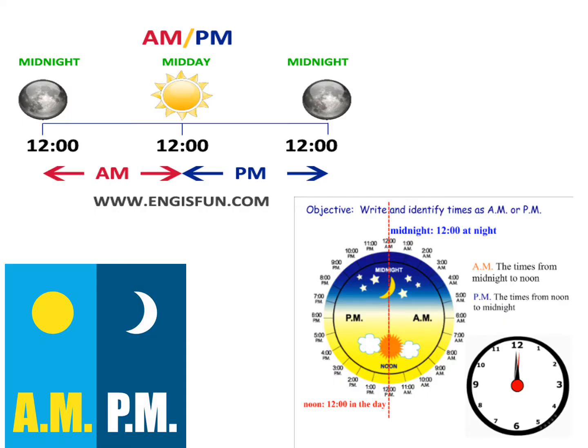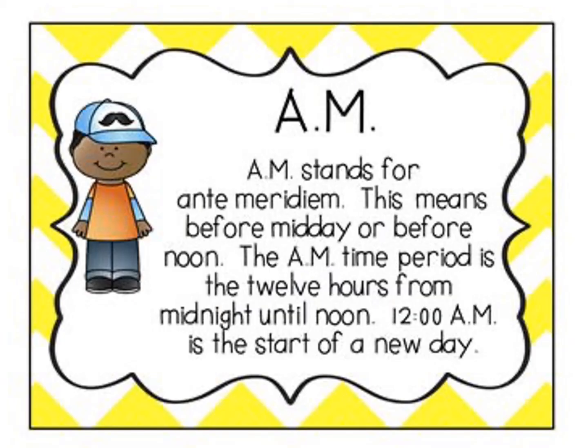Two other vocabulary words that are important are AM and PM. AM stands for ante-meridiem, which you don't really need to know. What you do need to know is that AM means before the midday or before noontime. AM actually starts at midnight, in the middle of the night when you're sleeping. And it goes all the way through the nighttime while you're sleeping until the morning when you wake up and you come to school, and it goes right until noon, which is 12 o'clock in the middle of the day,